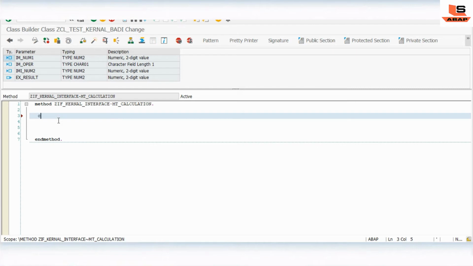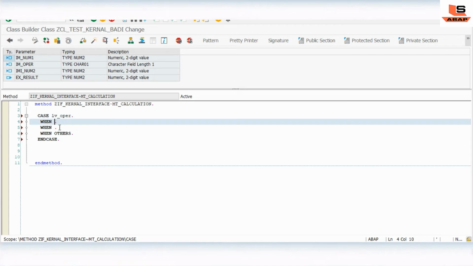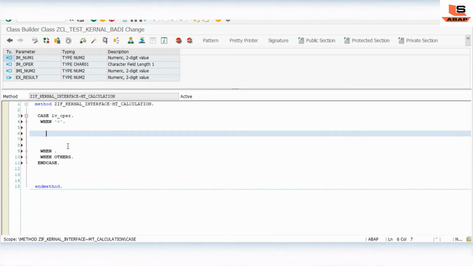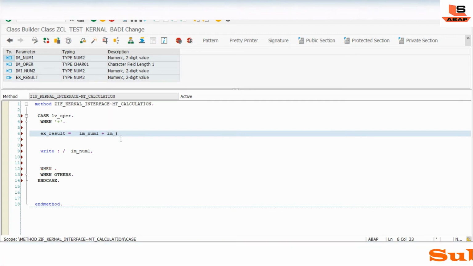We will use the case statement here. Case for operator, opr. When we have addition, we will write our logic here: result equal to num1 plus